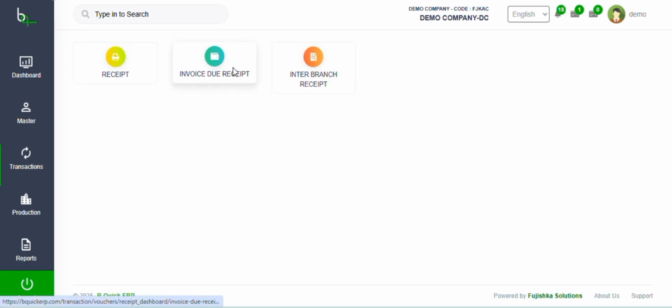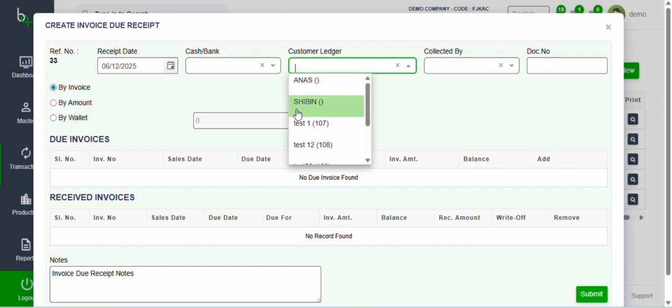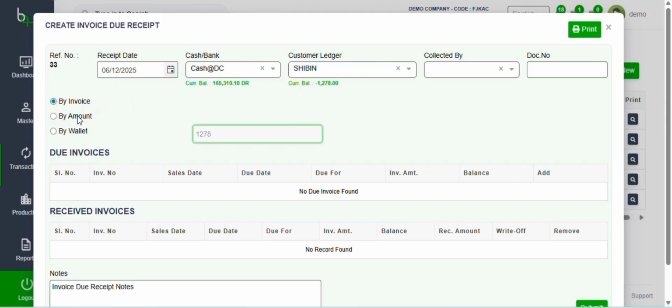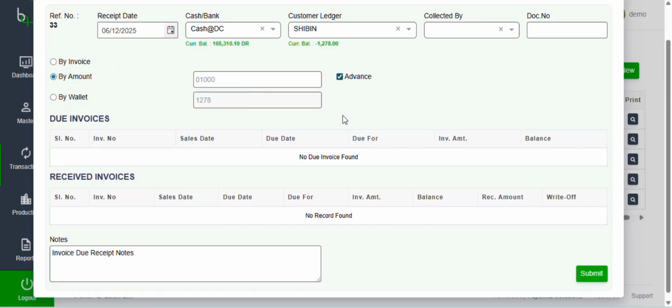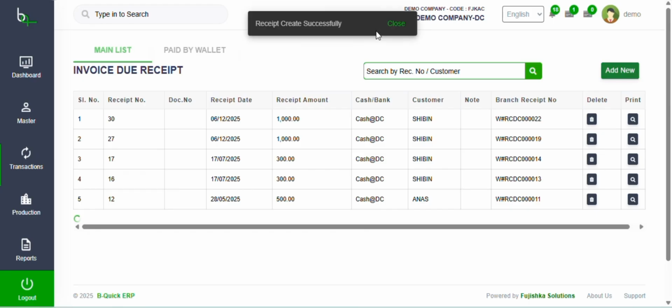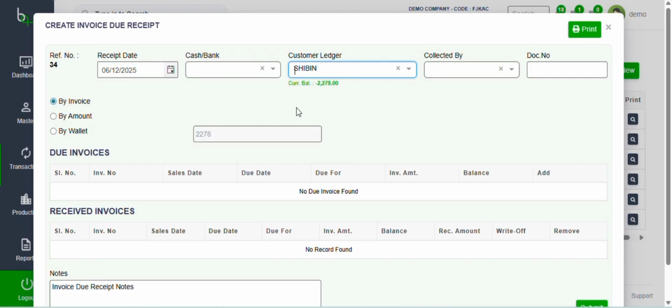So move on to receipt. Here we have invoice due receipt. Click on add new. From here you can select the customer ledger, select cash or bank, and here you can see the balance which I have shown you before. Then click on by amount, add the amount that is provided as advance and tick on the checkbox and click on submit. So once this is done, you can check either from the reports or you can check it from here. The new wallet balance is